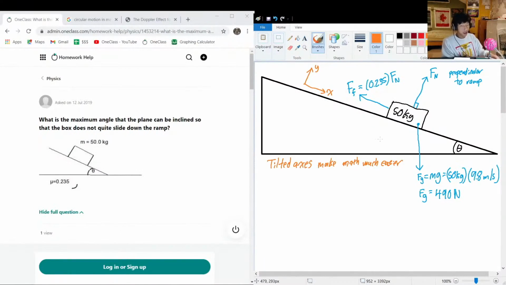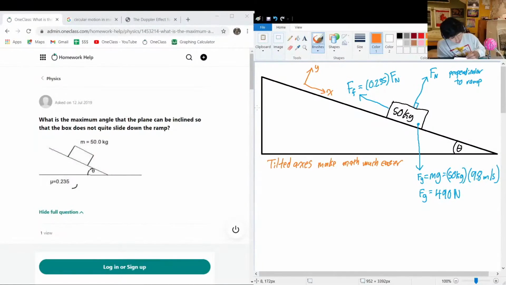Our friction force is going to be perfectly in the negative x direction of these axes, and the y force, which is the normal force, is going to be perfectly in the y direction. We only have the gravitational force that we need to change. But if we had regular axes, like perfectly horizontal and perfectly vertical for x and y, we would need to adjust both the frictional force and the normal force,